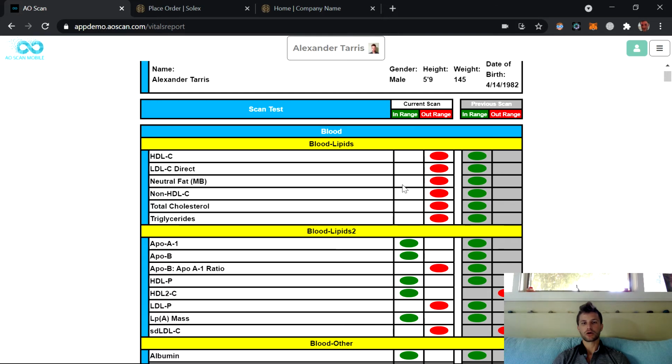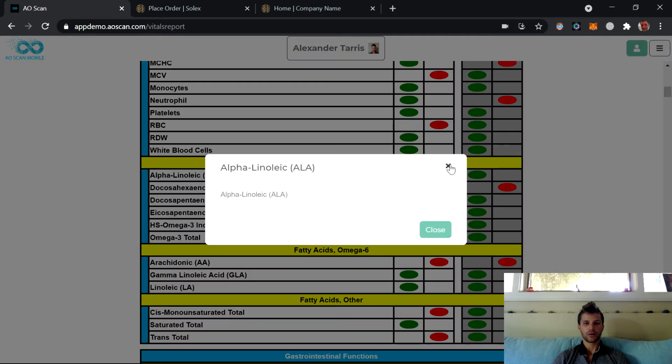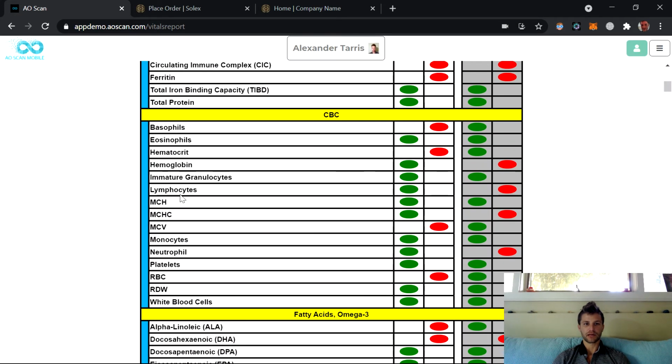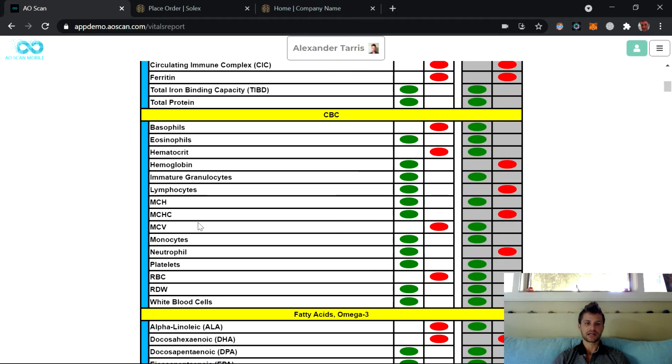Anyways, so you just scroll down, and when you have the non-demo version, you can actually, well, actually it's working on this demo version here. But some of these where people are a little confused, like what's a lymphocyte, and if you're not somebody with a health background or who wants to Google everything, you can just double click and get a nice description here, which I think is awesome. It's really helpful to see the importance of certain things, because at a quick glance,